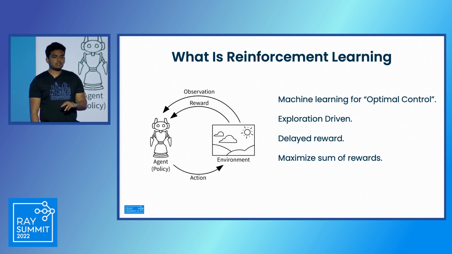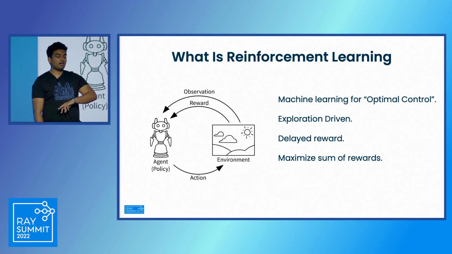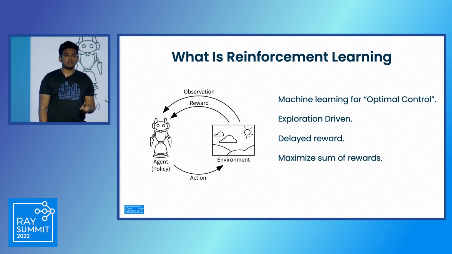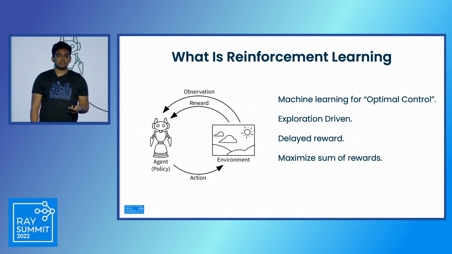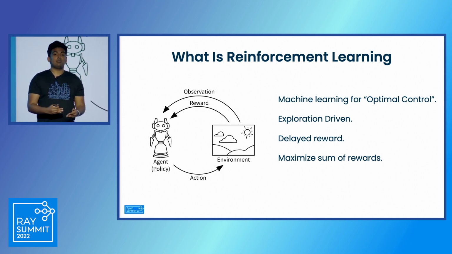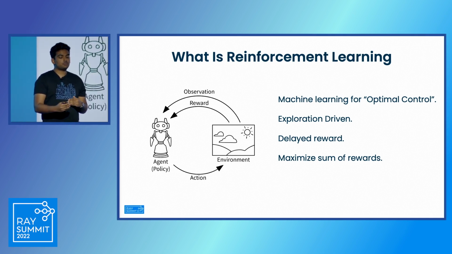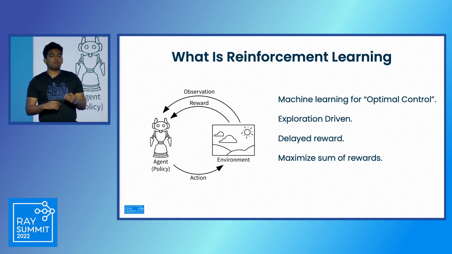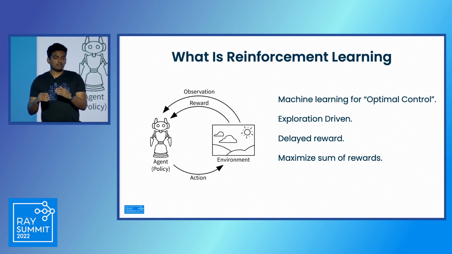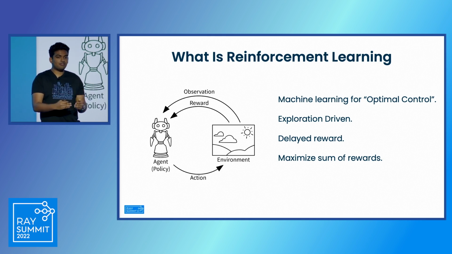Now, there are two ways that agents in the paradigm of reinforcement learning can use reward. The first is they can choose to exploit actions in their world that they believe will give them the most amount of reward. And the second is they can choose to explore new actions that may give them more reward than the current most optimal action that they know of, and then they can update their belief over what the most optimal action is.